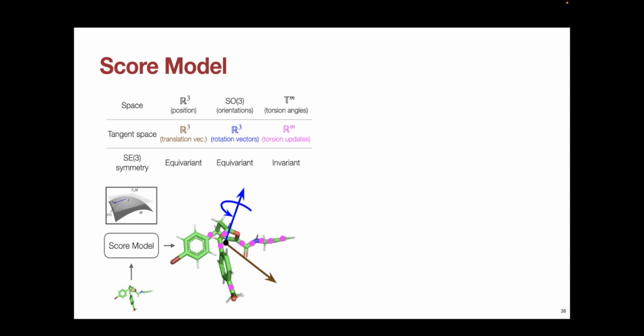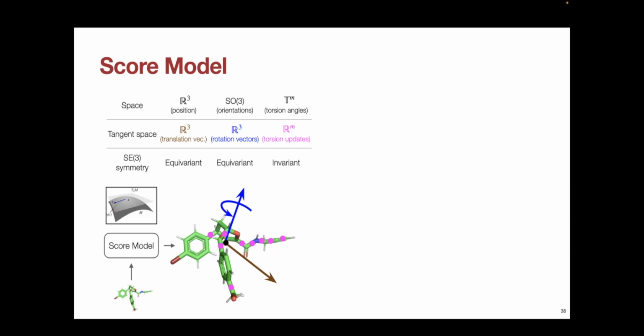So what that means is that the score model is going to look at the current ligand pose, and when I say current, what I mean here is because diffusion is an iterative generative process, right? So the input, the beginning of a diffusion generative process, is going to be some randomly positioned ligand pose that you're going to just initialize the diffusion process with, right? And the assumption is that this random pose has a lot of noise, and the generative model is going to be progressively removing that noise one step at a time.